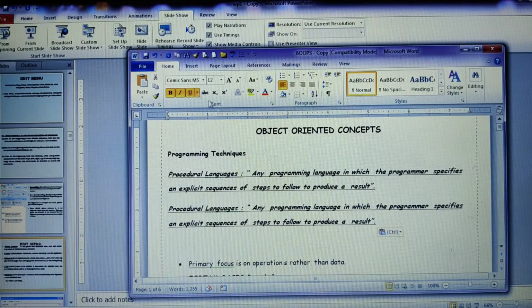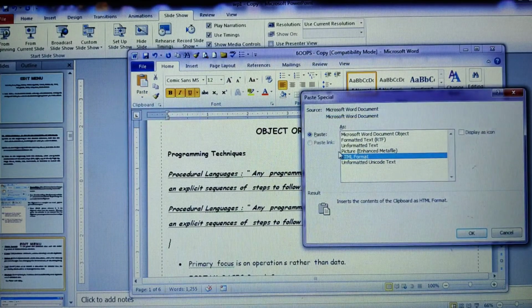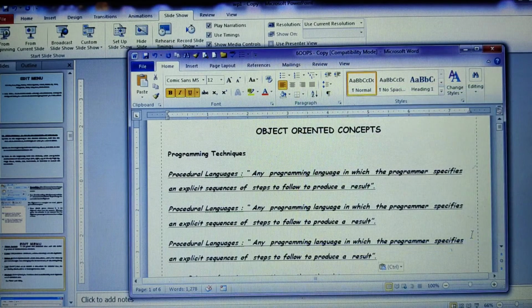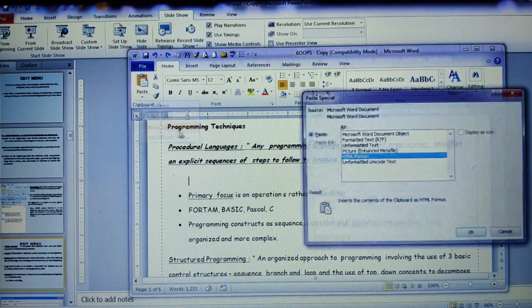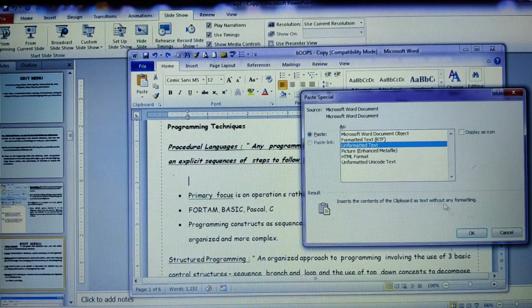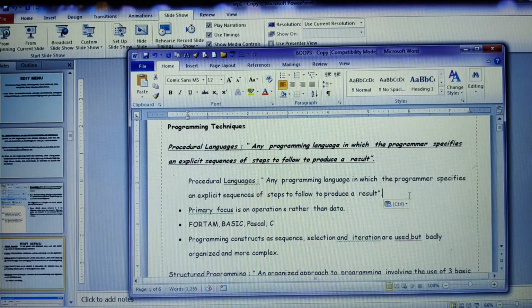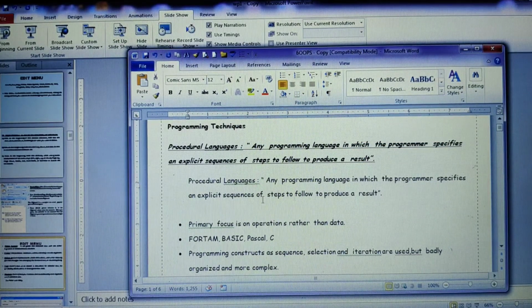Alright. Now what if I go for paste special, but here I use the option known as unformatted text. When I take it and click OK, the same text is pasted. Can you see the same text, the procedural language, without any bold, italics or underline?